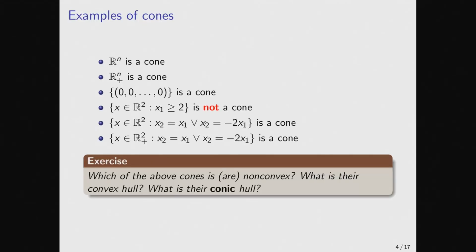Okay, so examples of cones, they might be all redundant to you, but we need to warm up just for the next part regarding cones. So Rn is a cone, so the whole n-dimensional space is a cone. The first orthant of any n-dimensional space is a cone with a vertex in the origin. The set defined by the origin is a cone because it satisfies the condition we said about the cones. The fourth set is not a cone because